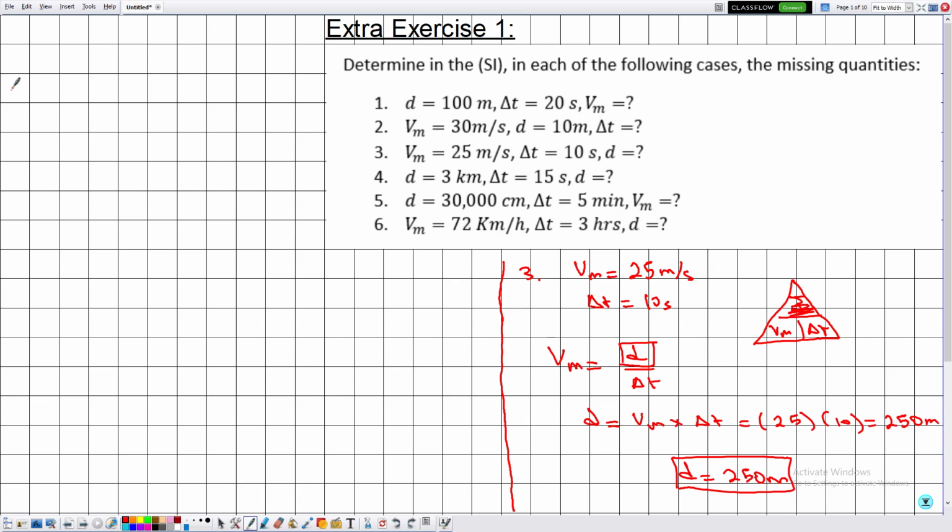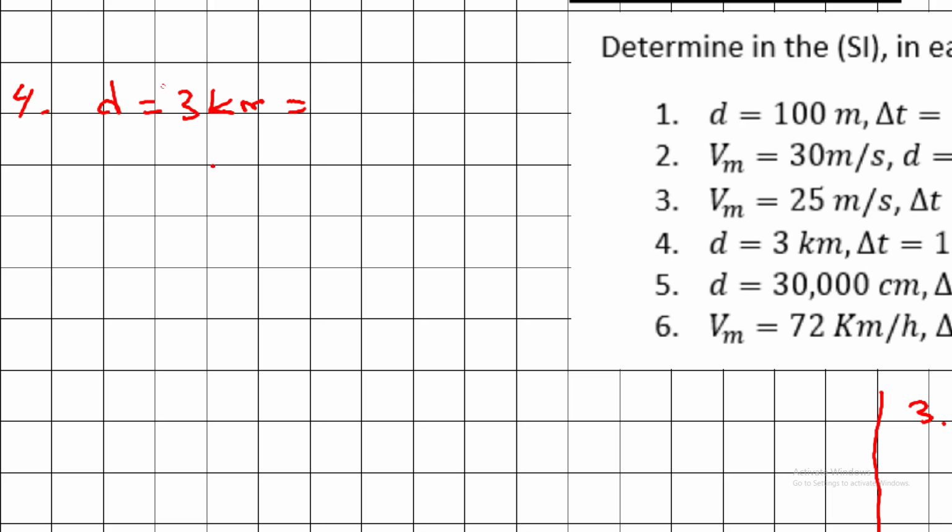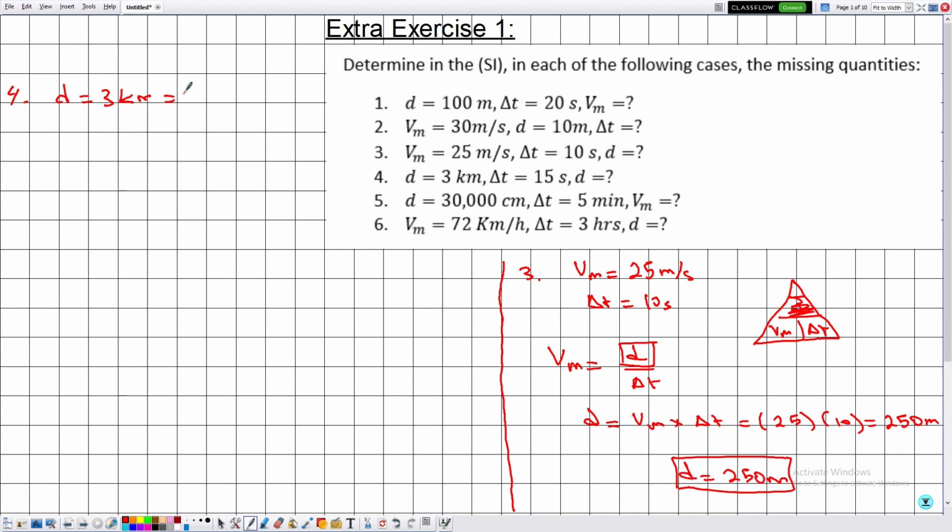Now as for part 4, they are telling me that the distance d is equal to 3 kilometers. Notice that kilometers is not a unit of distance in the SI. In order to convert from kilometers to meters, we multiply by 1000. Then 3 multiplied by 1000, this is equal to 3000 meters. And the duration delta t is equal to 15 seconds already in the SI. We are interested in determining